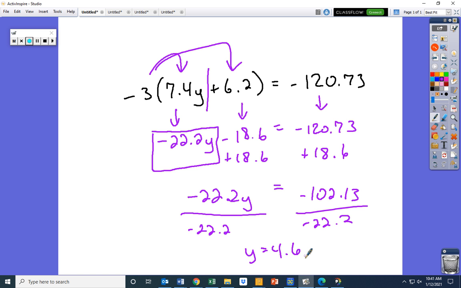Okay? Does that make sense what we're doing? Make sense? Okay. So as far as what you would show, you show me everything that you do procedure-wise, but you can use the calculators for the calculation part. Does that make sense, guys? Okay. I'm going to go ahead and give you your worksheets and let you